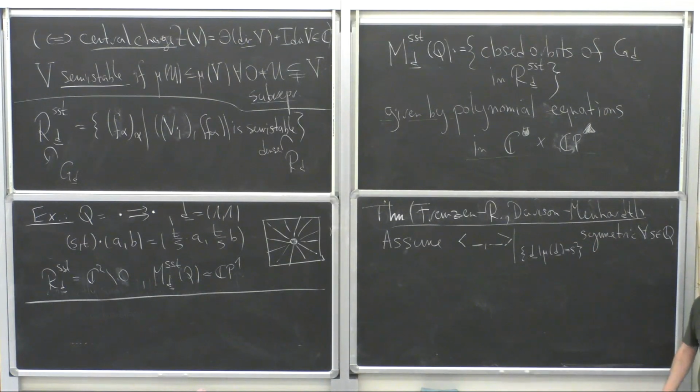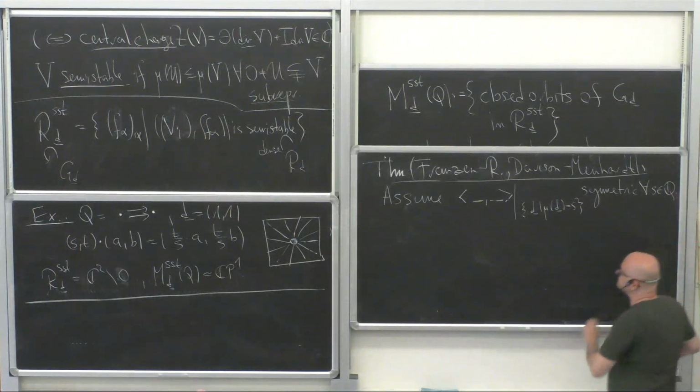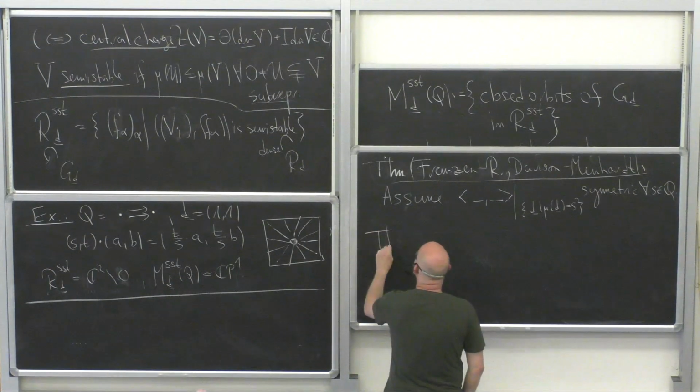There are many, many examples of quivers where you can choose a theta such that this works. This is a combinatorial thing which I will not discuss, but there are many interesting examples. For example, complete bipartite quivers. So make this assumption, then